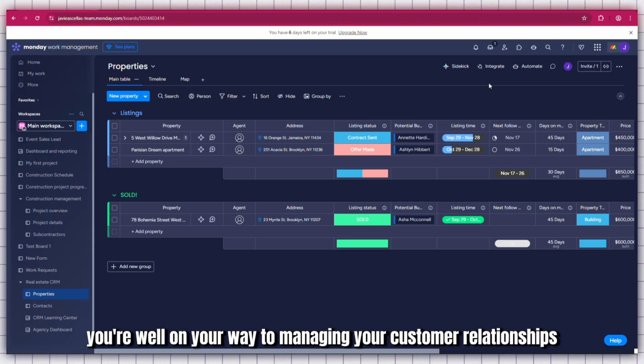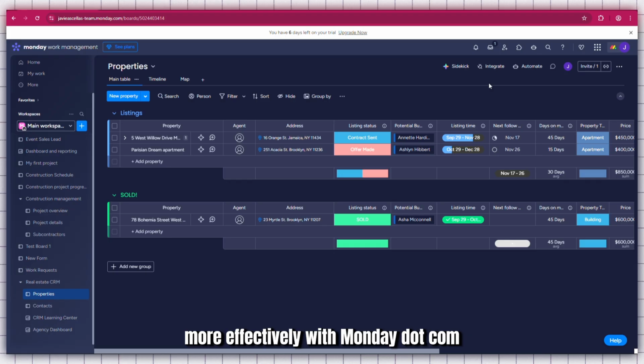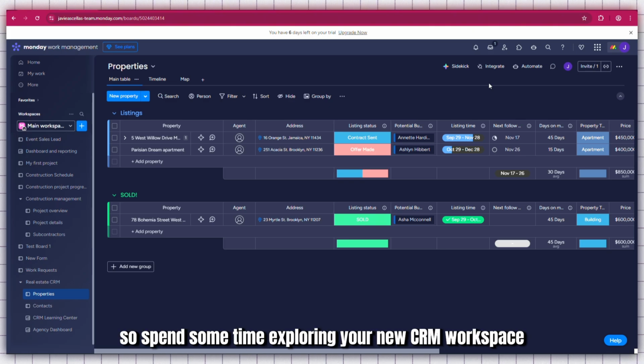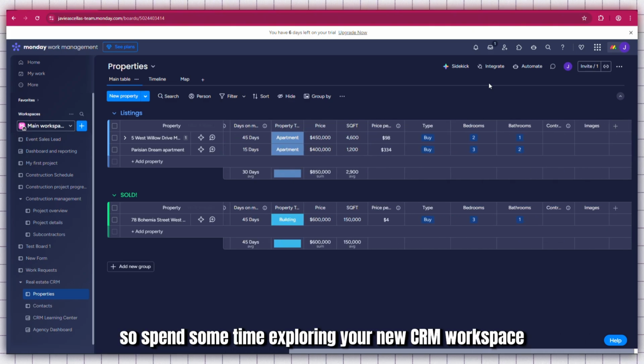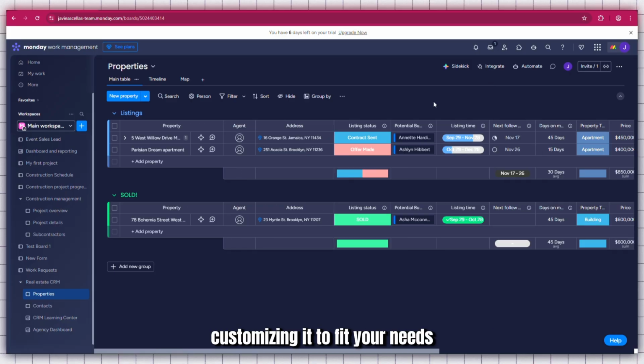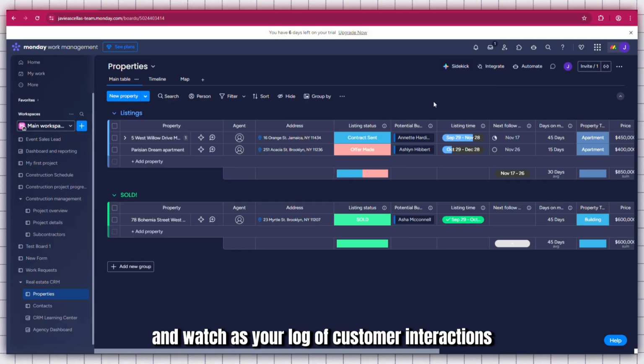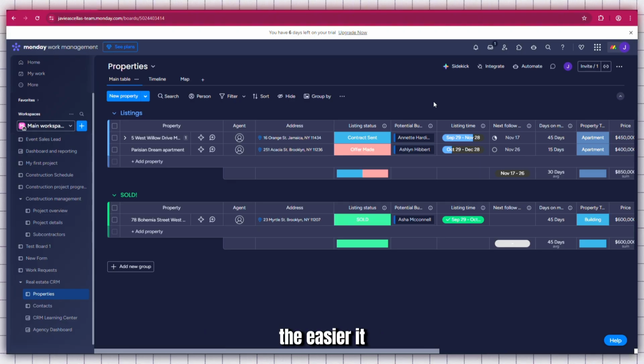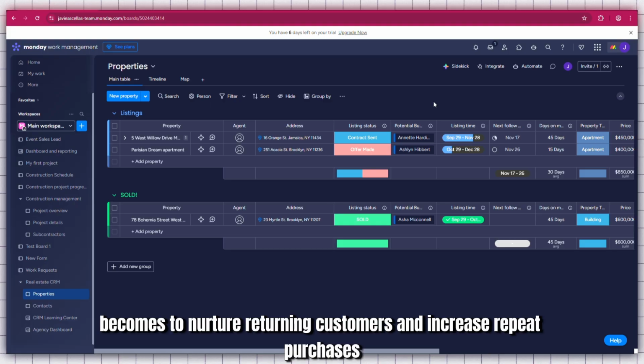And there you have it. You're well on your way to managing your customer relationships more effectively with Monday.com. With some practice and fine-tuning, this setup can be a massive time saver. So spend some time exploring your new CRM workspace, customizing it to fit your needs, and watch as your log of customer interactions becomes a powerhouse of information and efficiency. The more organized you are, the easier it becomes to nurture returning customers and increase repeat purchases, which is where